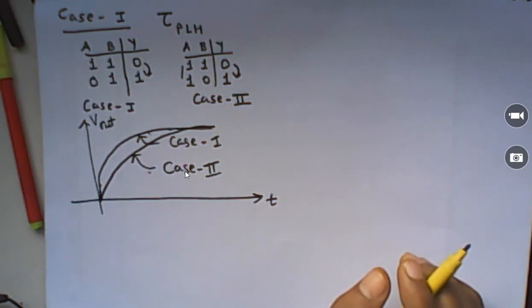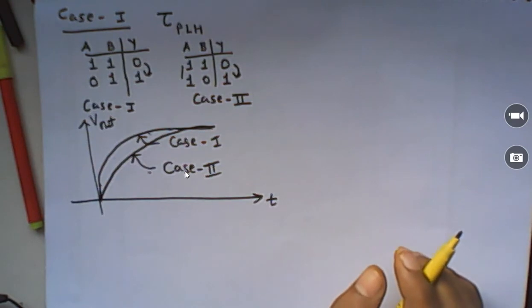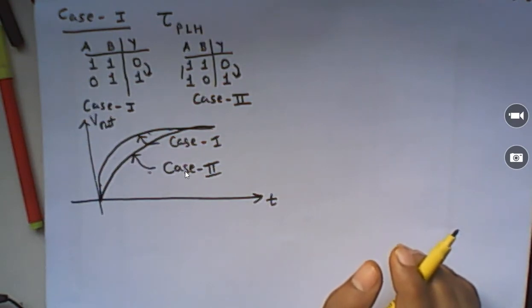Here we have a two input NAND gate, but in general it may have multi-input NAND gates. In that case, for the MOSFET which is nearer to ground, that input to output propagation delay time is the largest. The high to low propagation delay time of the MOSFET nearest to ground is the largest compared to any other input to output, and the propagation delay time is lowest for the MOSFET which is connected nearer to the output.